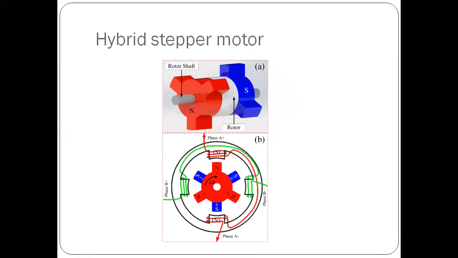Next, you have the hybrid stepper motor. As the name indicates, it's a combination of both the permanent magnet stepper motor and the variable reluctance stepper motor. It will have a rotor made up of permanent magnet, and it will also have teeth similar to your variable reluctance stepper motor. So here you have two caps of magnet, one say north and the other south. Wherever there is a space in the south pole magnet, you have a tooth in the north pole magnet, and wherever you have a space in the north pole magnet, you have a tooth in the south pole. So the teeth are alternately arranged.